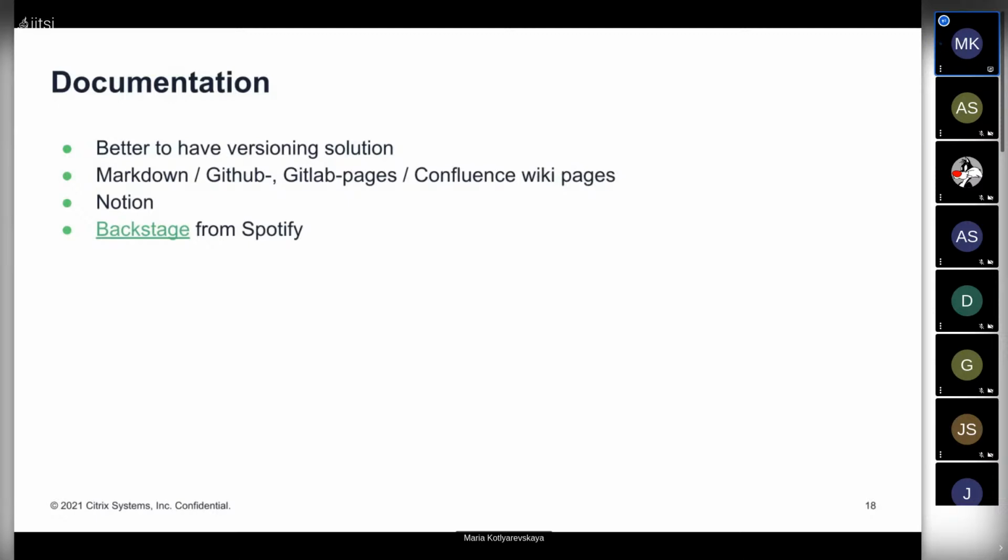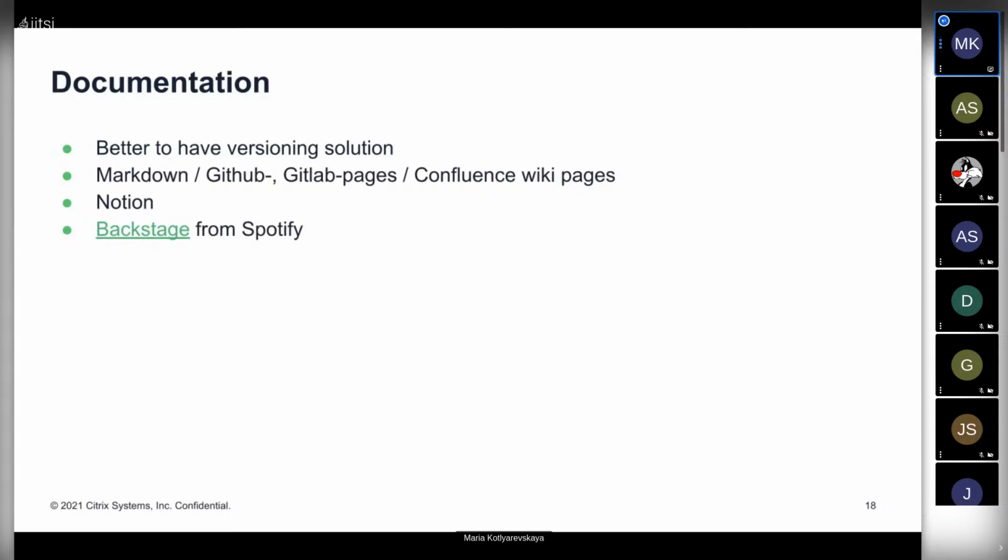But if you need something more, you can try to adopt Notion. If it's not a very big company, and you don't have some really huge tools like internal GitLab or GitHub or Confluence with Jira, you can try to use Notion for it. It has a really nice UI. It has some features that allow you to organize everything in convenient pages. And I think it can be a really nice solution for some not very large project.